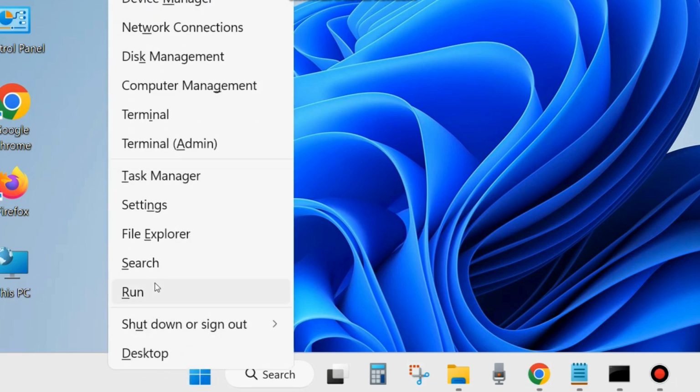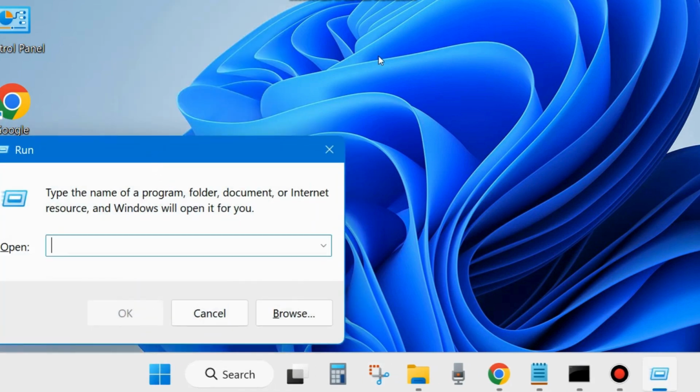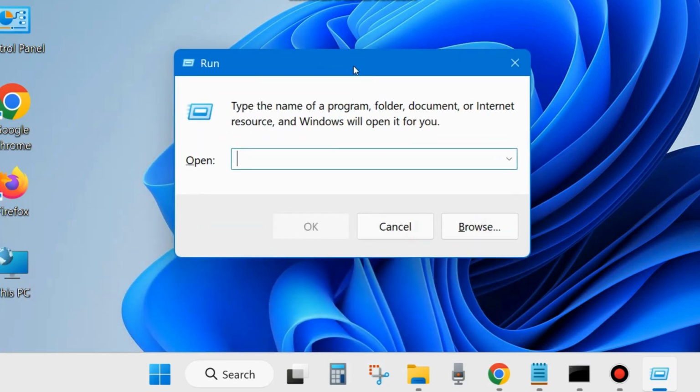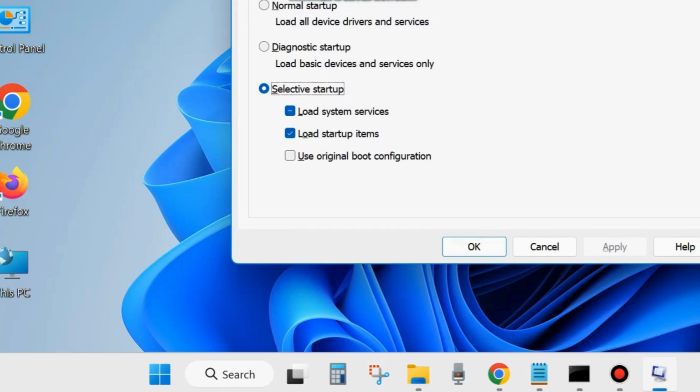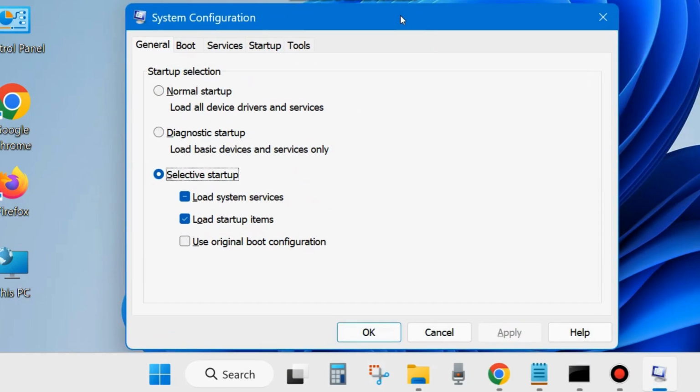And the first workaround is clean boot your system. Right click on the start button and choose run. In the run dialog box, type the command msconfig and click on OK. This command will open the system configuration window. Here from the top menu bar, go to the option services